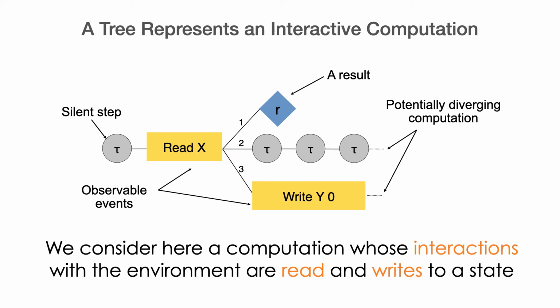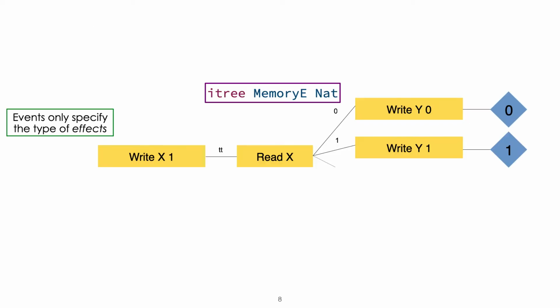Depending on this value, a continuation will explain how the computation will continue, for instance, terminating by returning a result, or potentially diverging. More specifically, if we try to understand how one can use interaction trees to give the semantics to a language, the idea will be in two steps. In the middle part, you have the representation of your program as one of these trees. Here, for instance, consider a program that will write a certain value to X, then read back from X, and write whatever value you get back to Y.